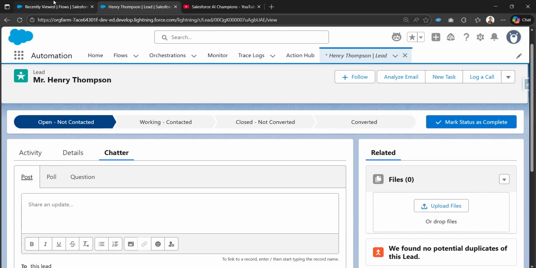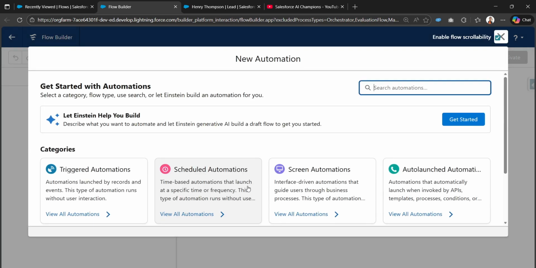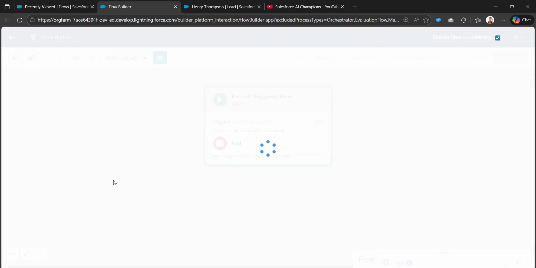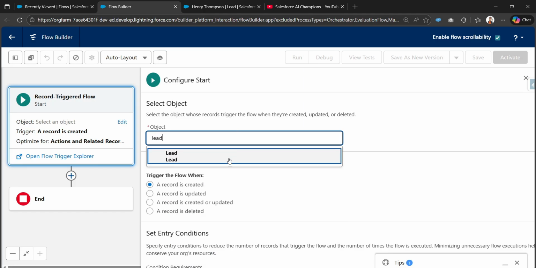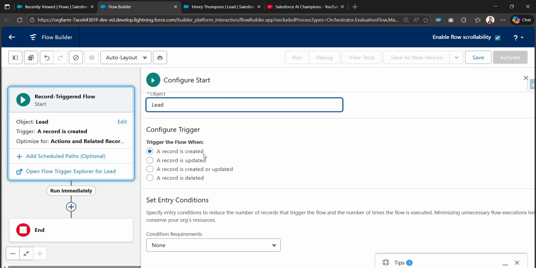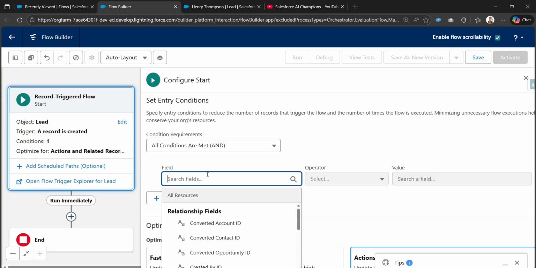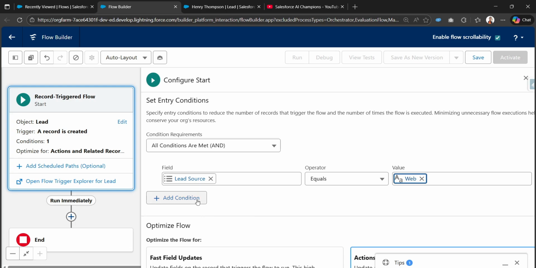Let me go to the flow Automation app, and I'll search for the Automation app. In the Automation app, on clicking the New button, I can create a new flow. From the triggered automations, I can search for the record-triggered flow type, since our use case is that whenever a lead gets created, only then we want to post in Chatter. In the object, I'll simply select the lead object, and the triggering condition is whenever the lead gets created. And let me add a few conditional requirements, like lead source should be Web,